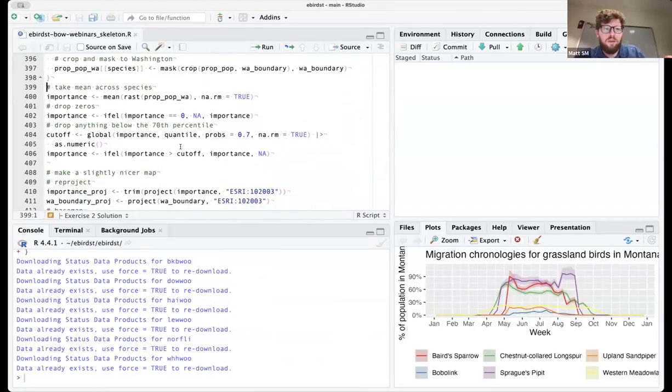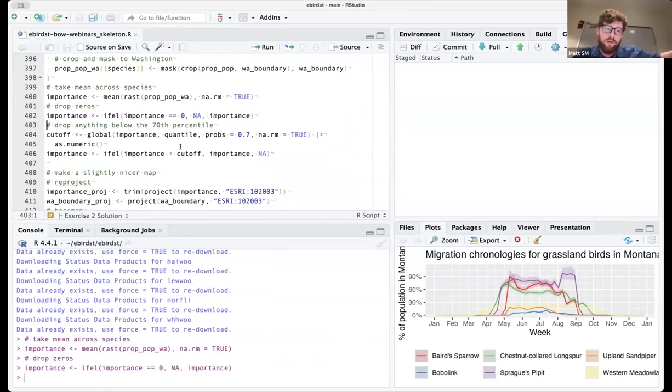So that was taking these proportional population rasters, masking and cropping them to the region of interest, which is Washington. And now I'm going to take the mean across those 6 species. I'll remove the zeros because these are areas where none of the species occurs.